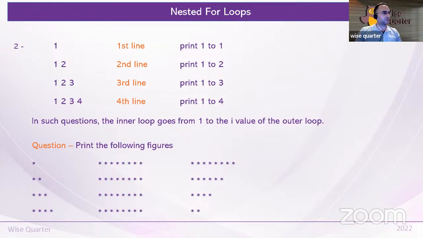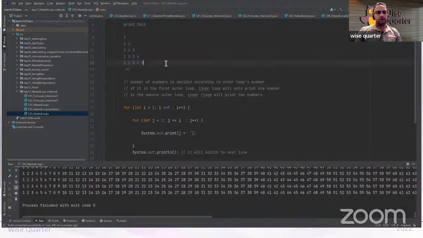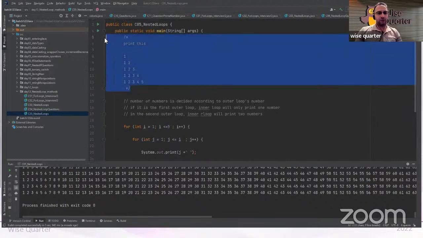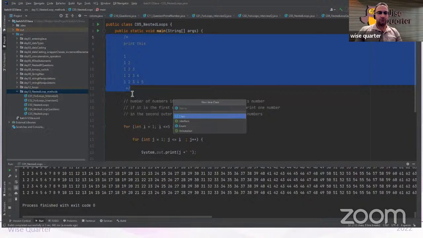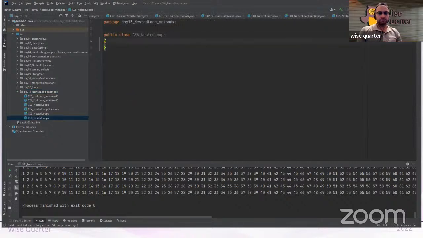Question type will be very similar, but handling will be a little different. This time I will copy this code and create a new question. CO6 nested loops, main method,